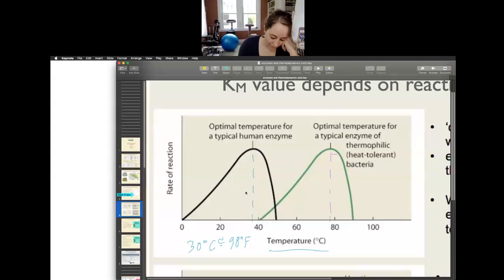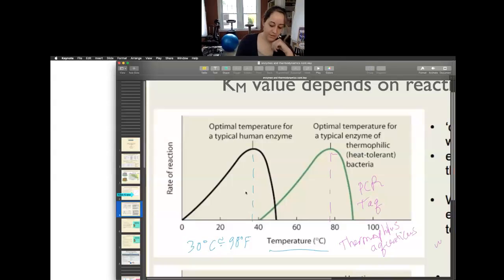It's a little bit below 80. And where have we seen the use of one of these thermotolerant or thermophilic heat-loving bacteria? Well, we've seen these in our discussion of PCR. So in PCR, we talked about Taq polymerase, and the Taq stands for Thermus aquaticus,